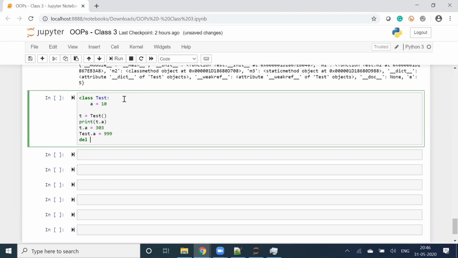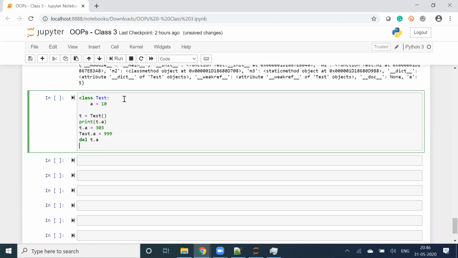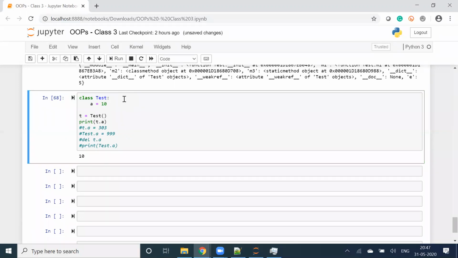Del T.A. Print test.A. Print T.A. What will be the output? If instance variable is not there, static will get the priority by using object. 10 should print. Perfect.